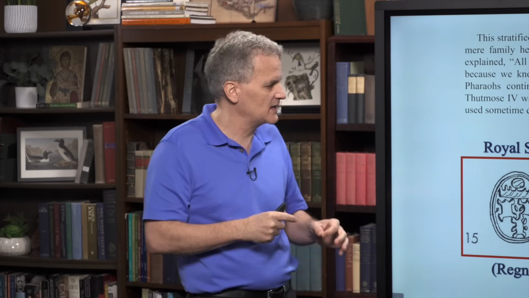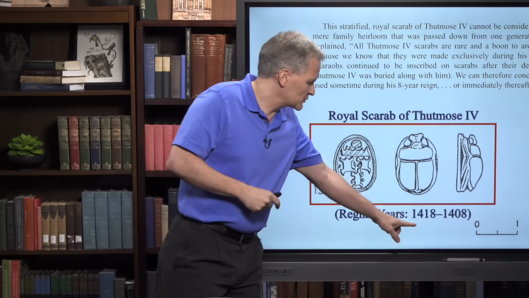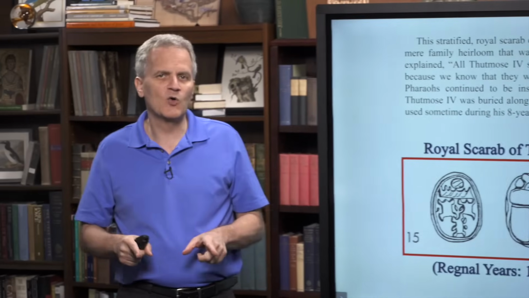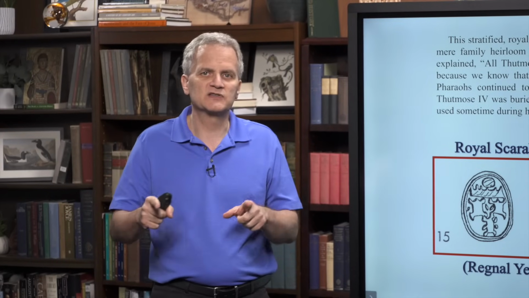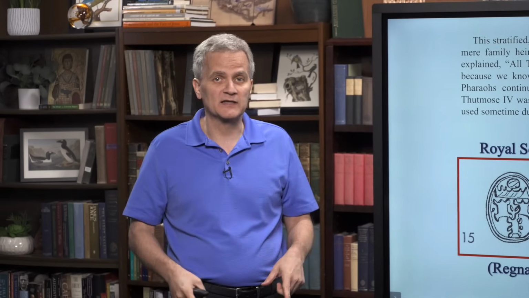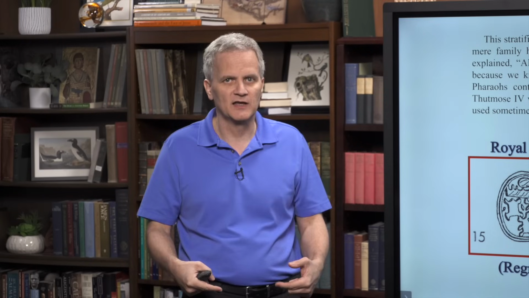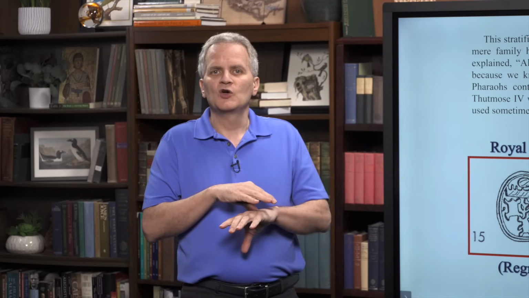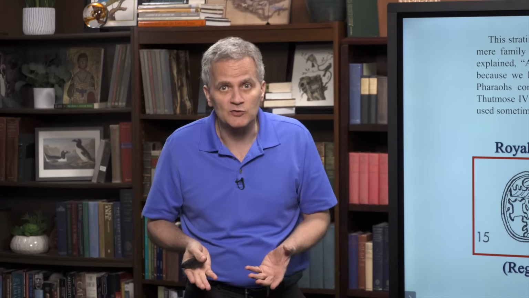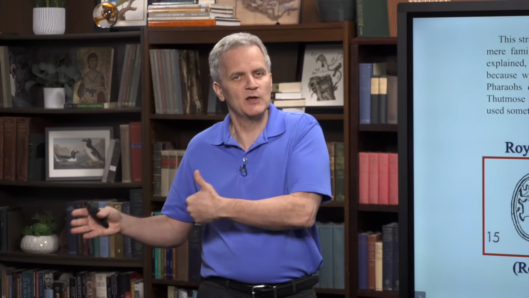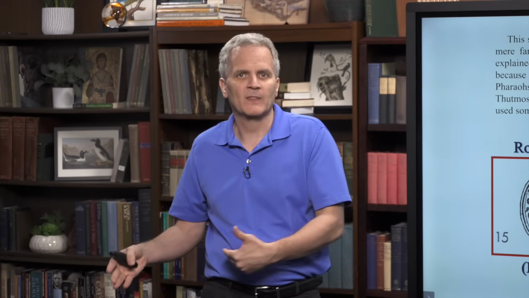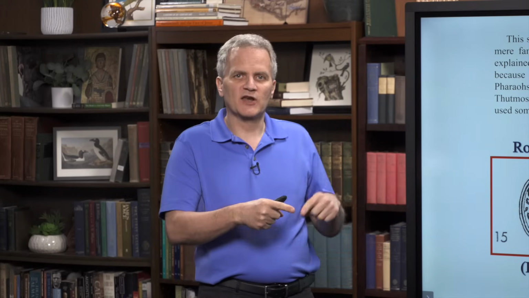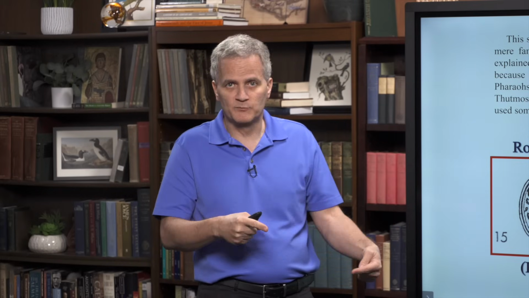Well, when did he rule? His regnal years were 1418 to 1408. And of course, the destruction of the city of Hazor takes place in 1400 BC. So this fits perfectly with biblical history, that a pharaoh whose scarabs would not be reproduced in later generations because he was loathed so much and despised, but this reflects a scarab that clearly would have been produced during his